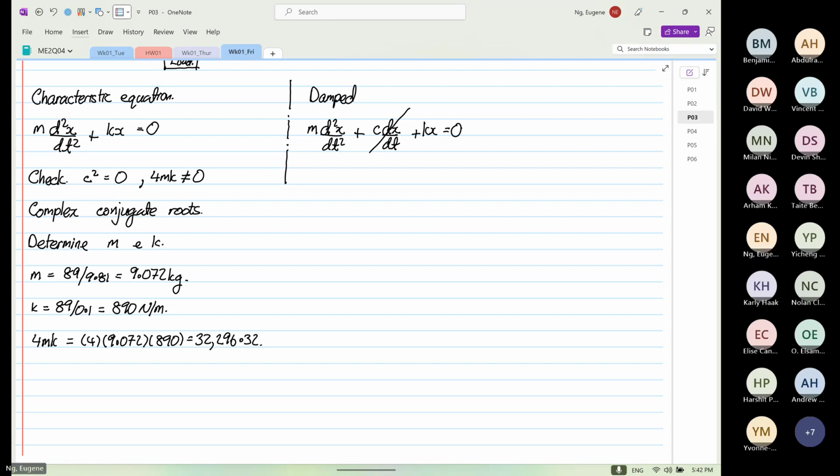Okay, that is your point. So we know that we are going to get the complex conjugate roots. So the general solution,